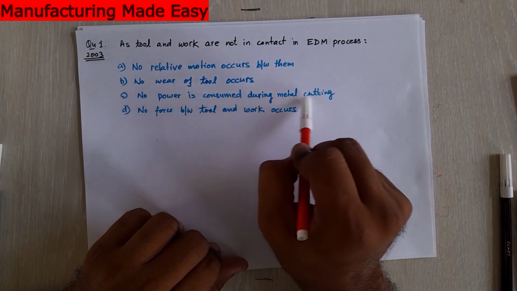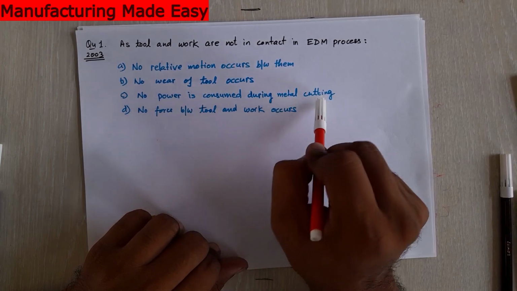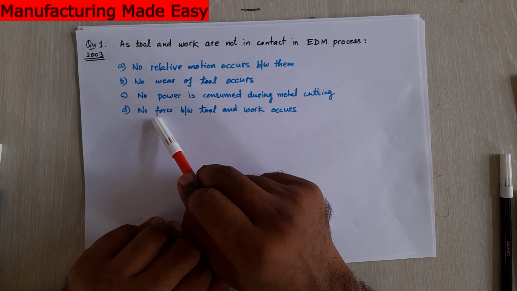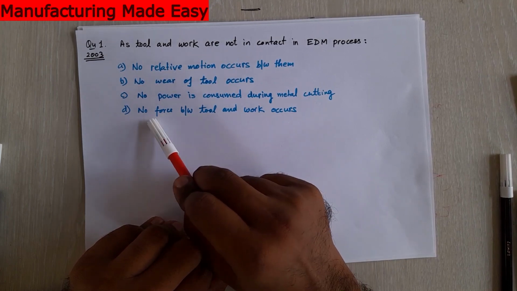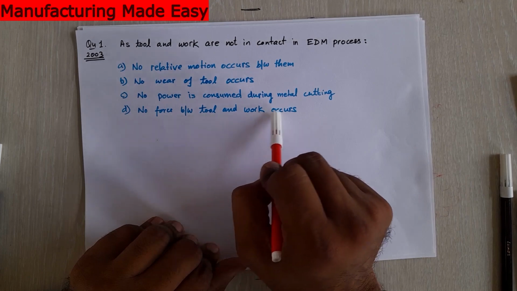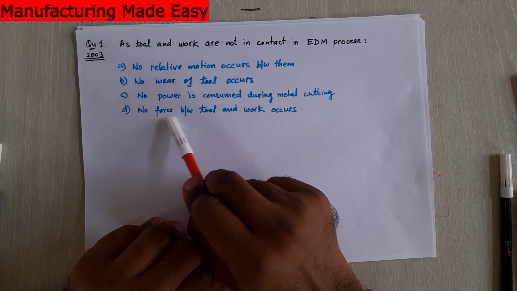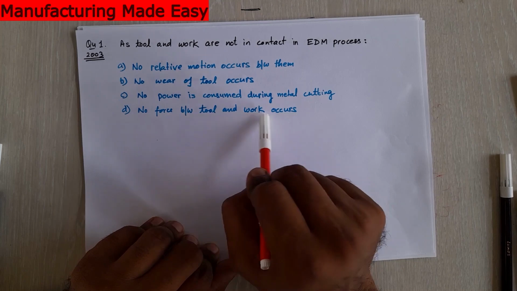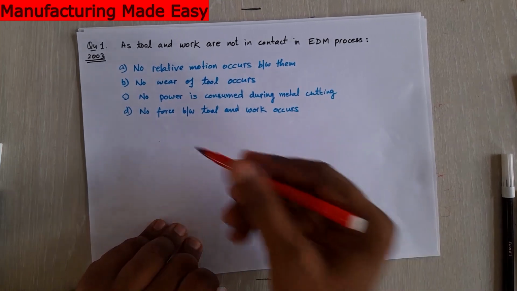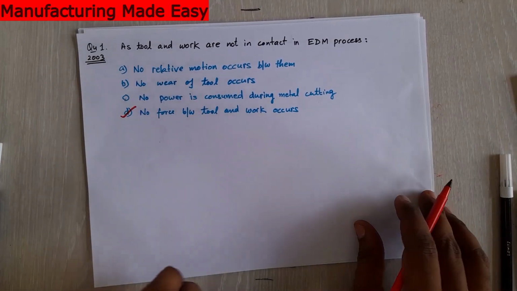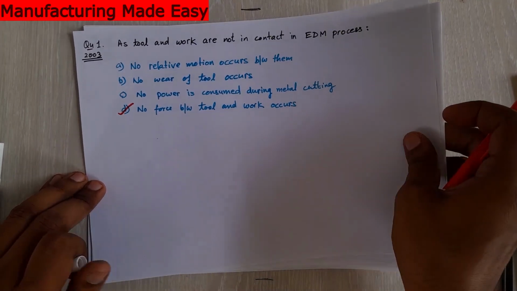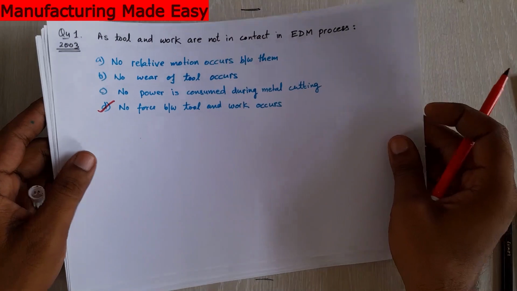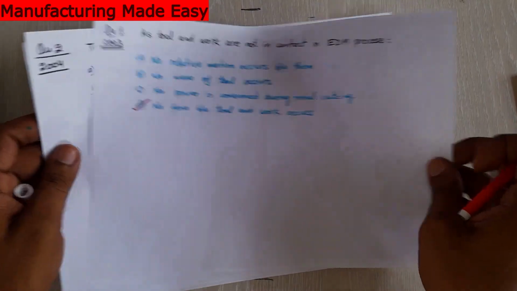We are using power here, electricity, so power is consumed during the metal cutting. Fourth one is no force between tool and work occurs. Yeah, this is true because this is kind of non-conventional machining and no direct contact, so there is no force between tool and work occurs directly. Mechanical force is not there, so the option D is true. And I have earlier explained all these things on the previous page. So next question is,